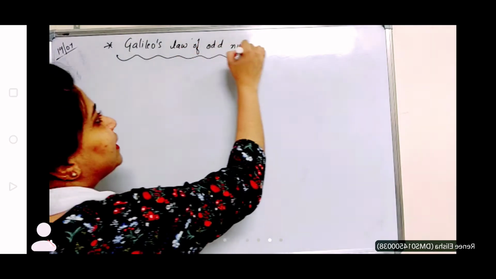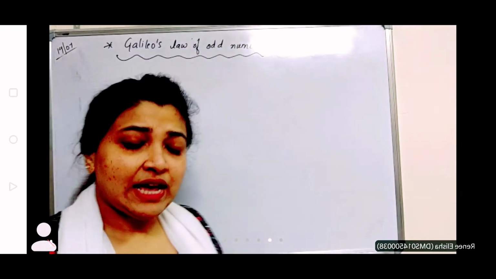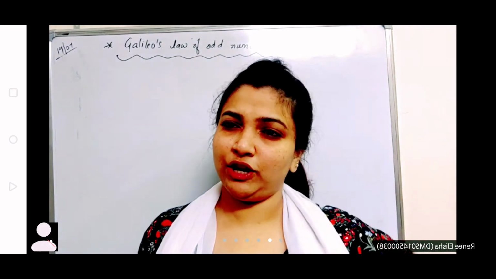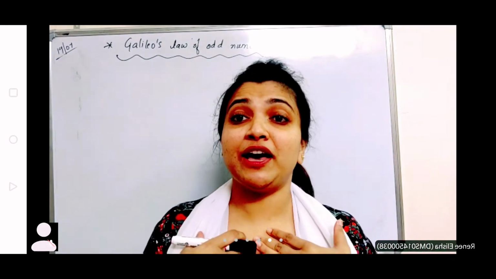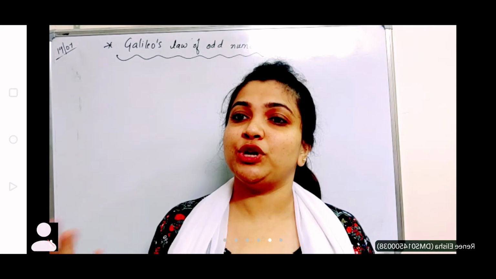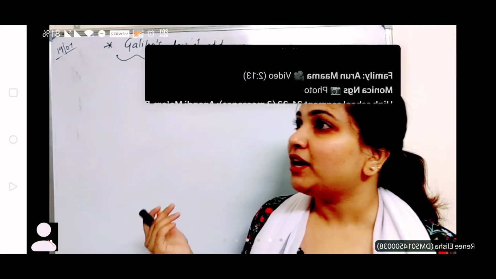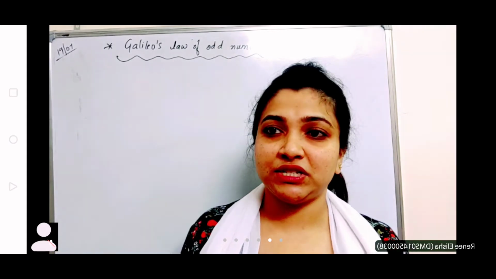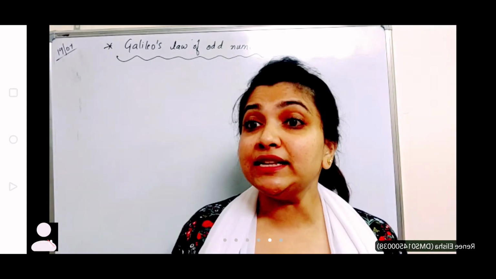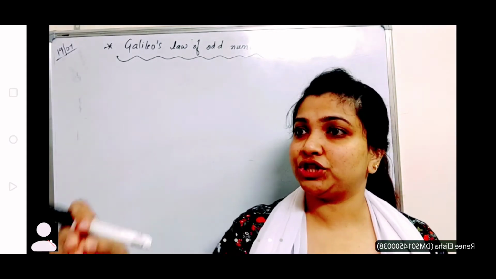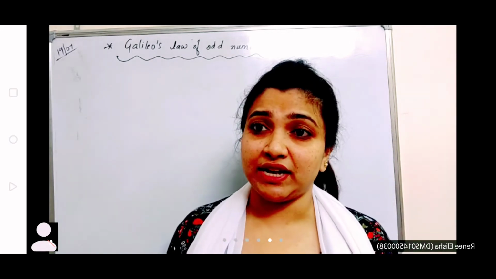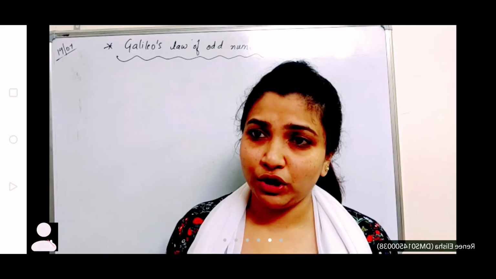Okay. Galileo's law of odd numbers. In the previous era, long back, today we have all the equations of motion, so we can calculate the velocity, the distance, and so on. It is very easy for us, right? At what position, what distance is covered, at what time taken. But previously, in those days, equations of motion were not known, right?